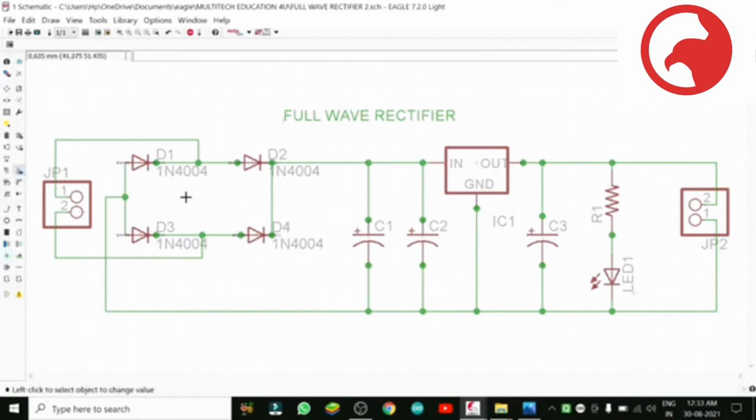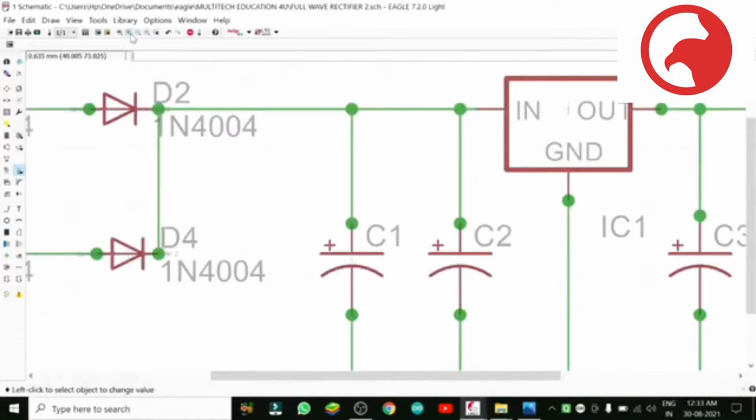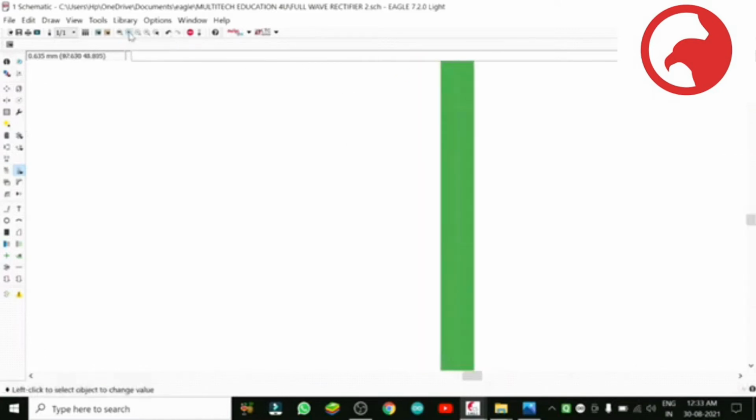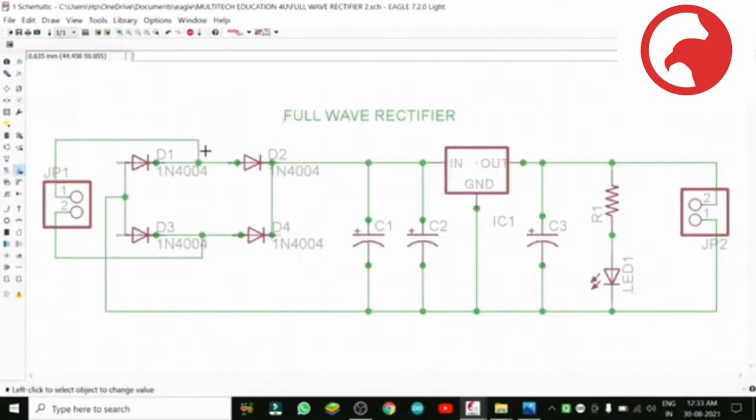And one thing you might have noted, in every component symbol shown in this diagram, in between you will find a positive mark. If you enlarge it, there is a positive mark inside it. Every symbol has got it, and it has very much importance to change the values. Here also, everywhere you will find some sort of invisible positive mark inside these symbols of the components.